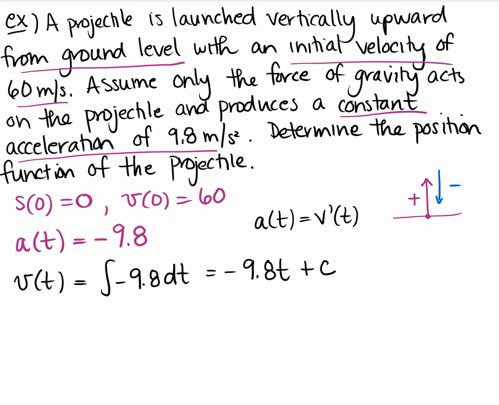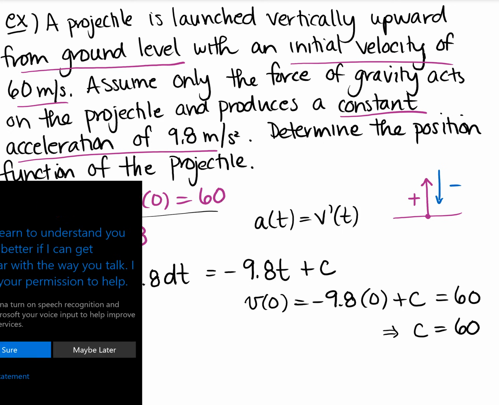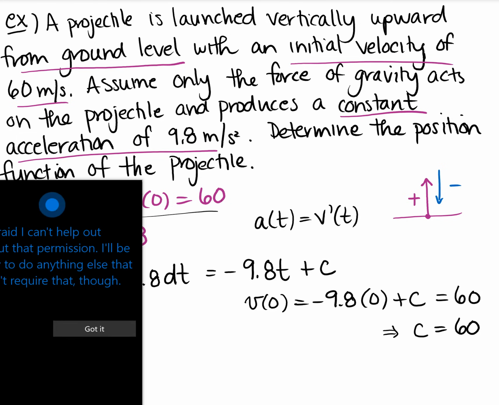So how do I find that constant c? Well, I know my initial velocity. I know that v of 0, which would be negative 9.8 times 0. Be careful there. In this example, I guess all the examples I've done so far, this kind of just goes to 0, but please be careful with that, because I think there's an example on the fun sheet, and there is some in your suggested homework that involves like cosine or sine, and so it doesn't always go to 0. Be careful. So with that c being 60,